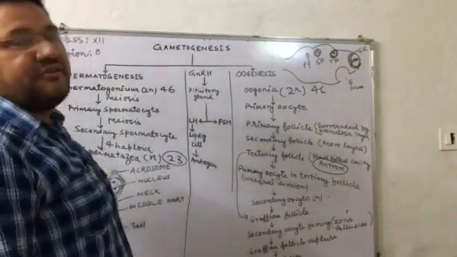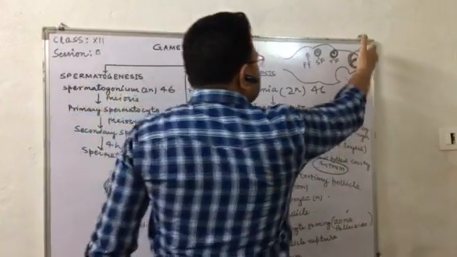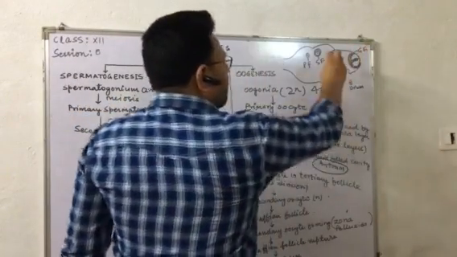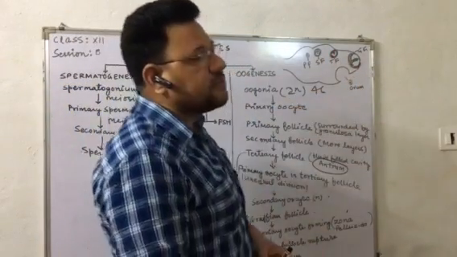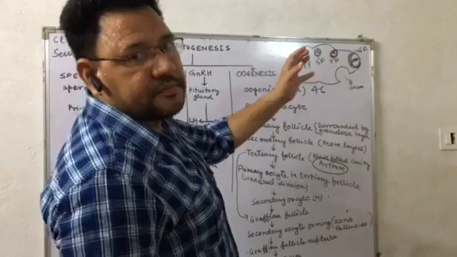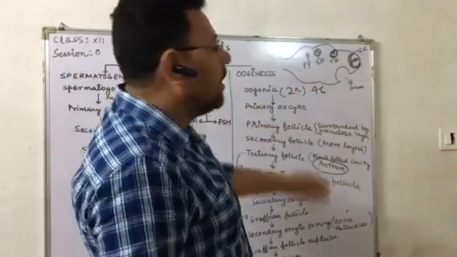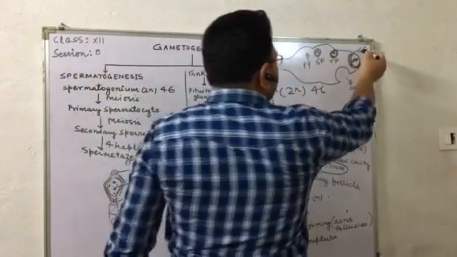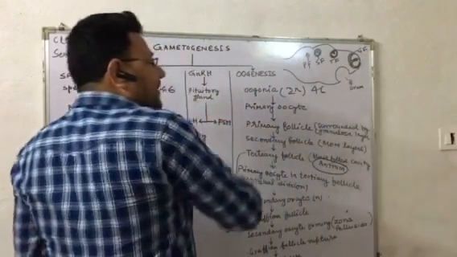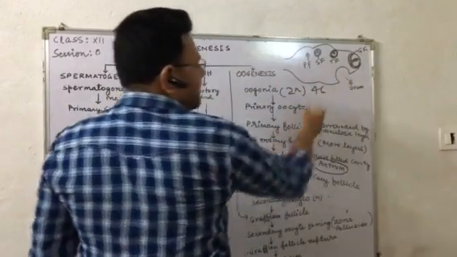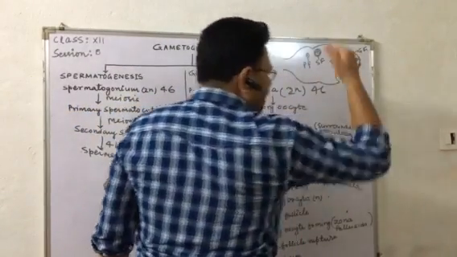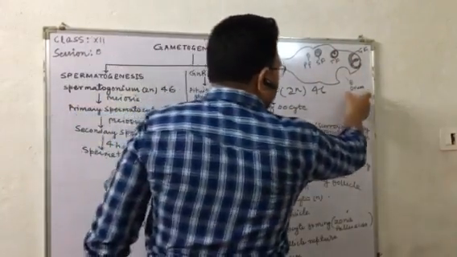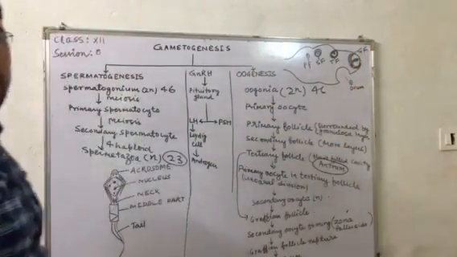It means tertiary follicle. Now this is the Graafian follicle, became larger, filled with nutrients to provide nutrition to the growing ovum, and now this is known as the Graafian follicle. This Graafian follicle is getting ruptured here, you can see, and by the rupture of this Graafian follicle, ovum formed.